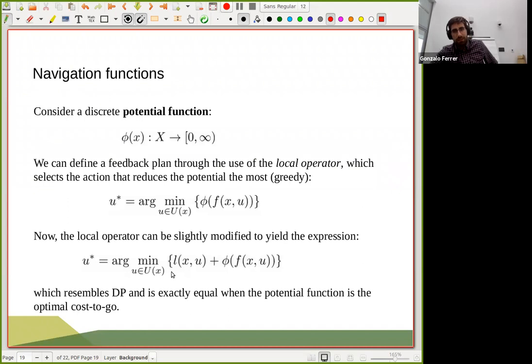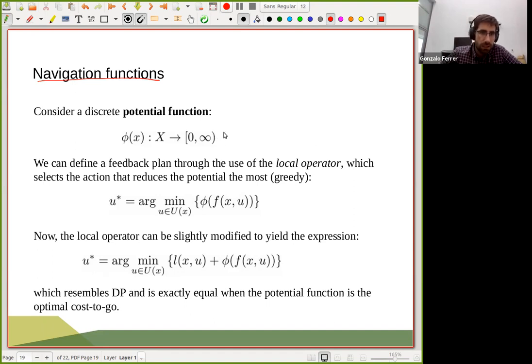Now let's describe what navigation functions are, because this is one of the key components in planning. We have described value iteration, which maybe some of you were familiar with, but now let's get to the interesting things affecting planning: navigation functions. You will see the relation. It's not the same, just related, but not exactly the same.